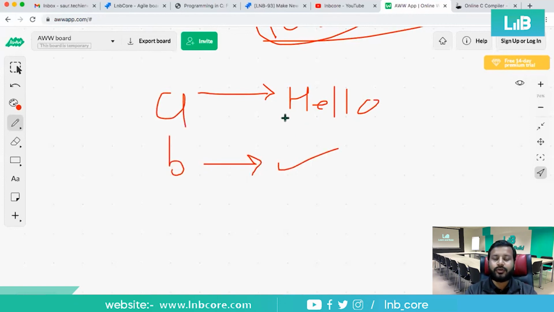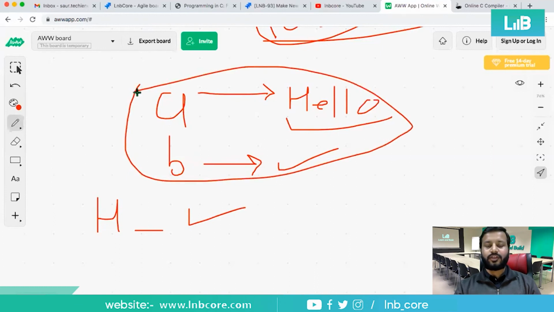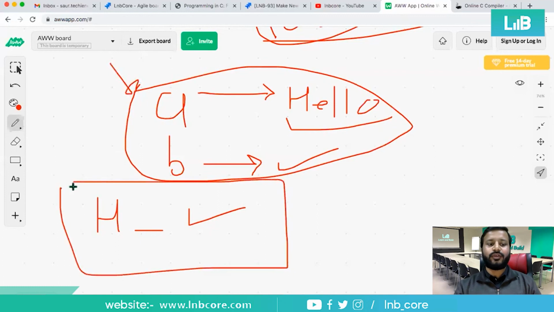I want you to write a program where hello will be coming and then a single space will be coming, then your name will be coming up. And these two should be constant. Using constant methods, you have to write this program. Can you write this program easily? Will it be possible for you?